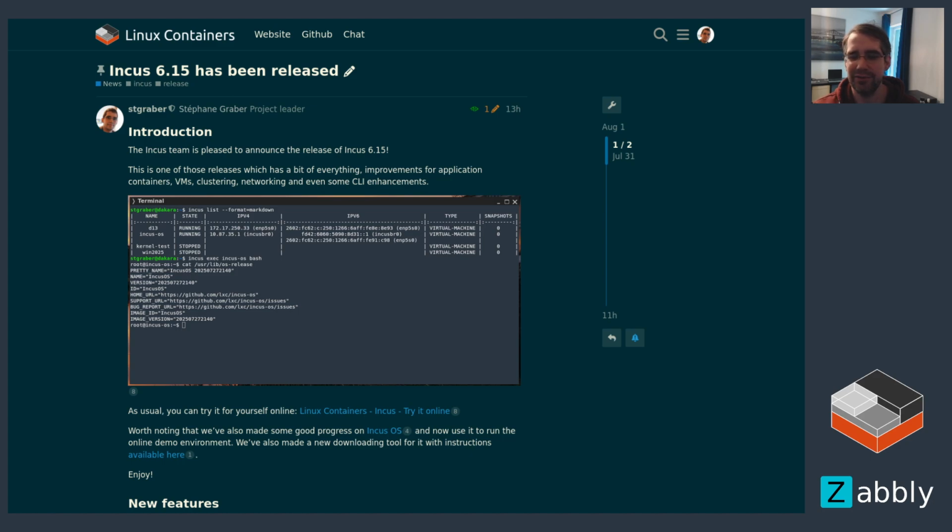And it's time for another Incus release. We just released Incus 6.15 for July 2025. I'm Stefan Graeber, I'm one of the maintainers of Incus, and we're gonna go look at what's new in this